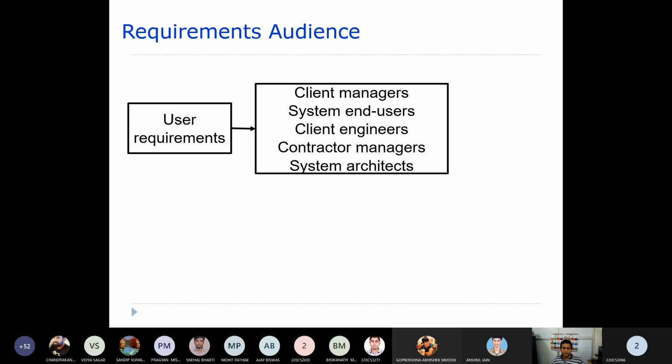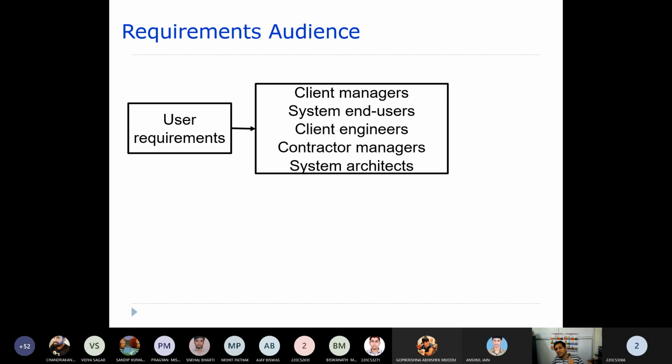Usually we create these requirements documents, so who is going to use them? Who are the audience? The client managers, if there is a manager from the client organization side, are also going through these user requirements.